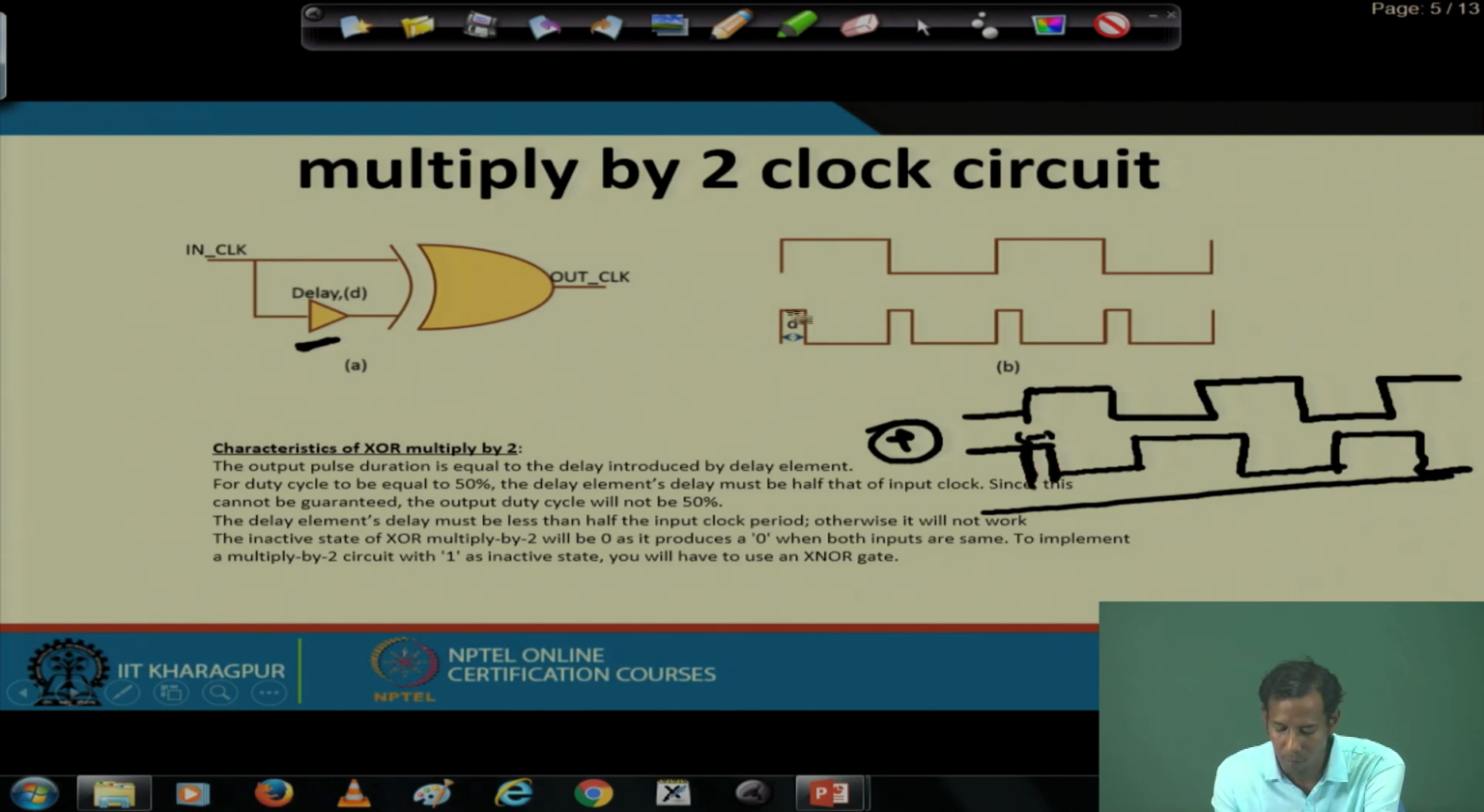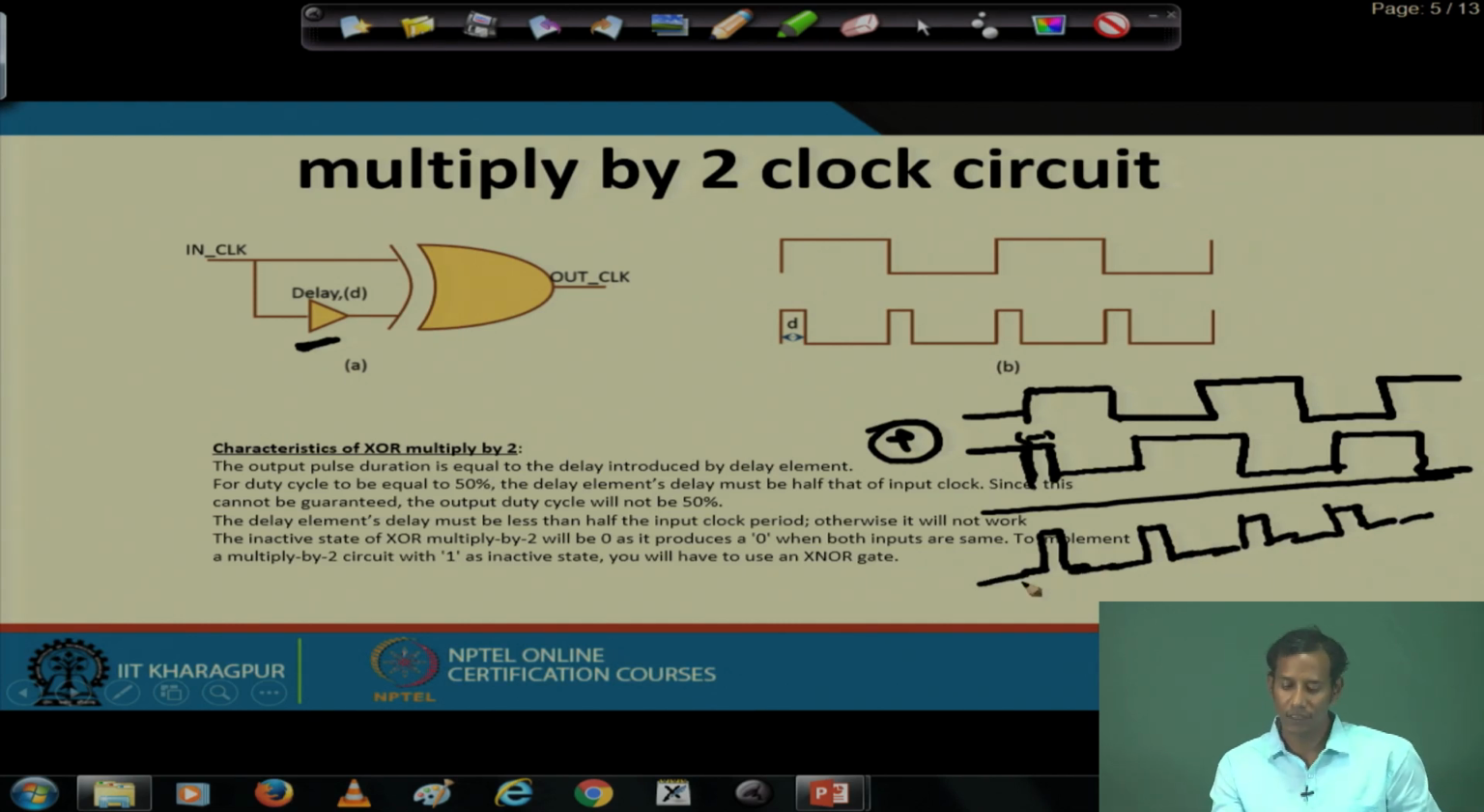the amount of delay we have provided is the amount of time we will get as one single pulse. Then again at this edge we get one single pulse, at this edge again one single pulse, and at this edge again one single pulse, something like this. So, if I consider this as the output clock,